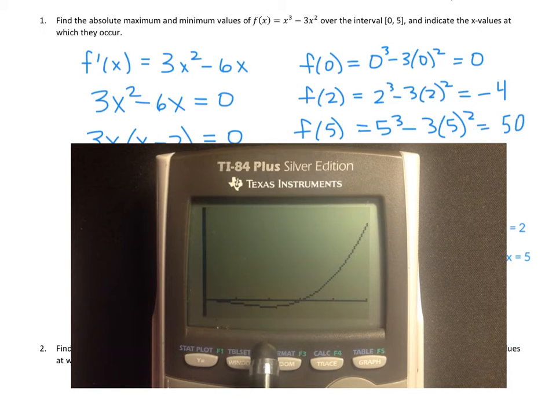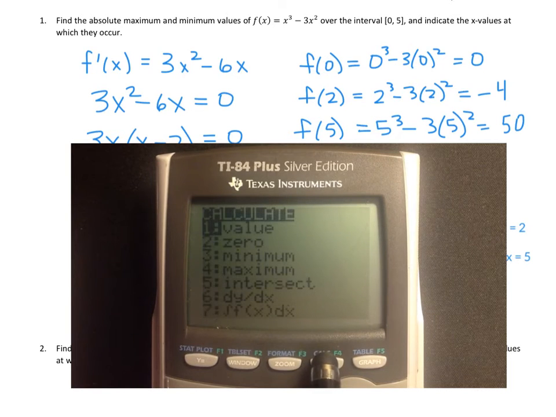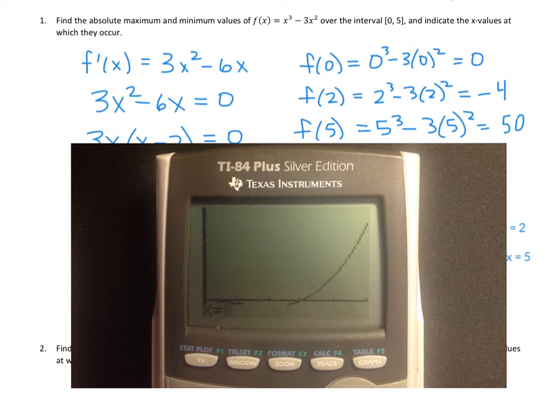We said that our absolute minimum occurred at x equals 2. So I'm going to hit second and then calc, and choose the first option, value, and hit enter. Now I'm going to enter 2 for x. And when I hit enter, we see we get a function value of -4. Looking at that graph, that does indeed look like the absolute minimum value for the function over the interval